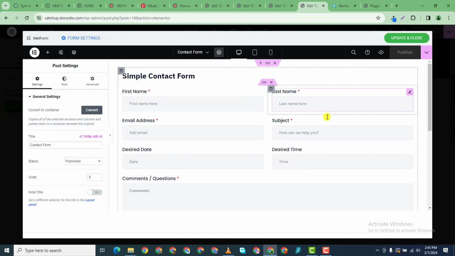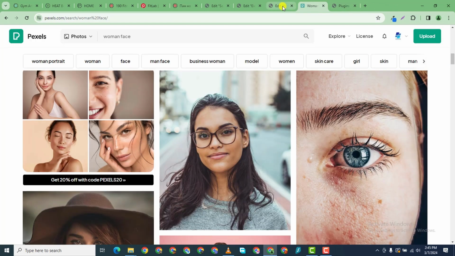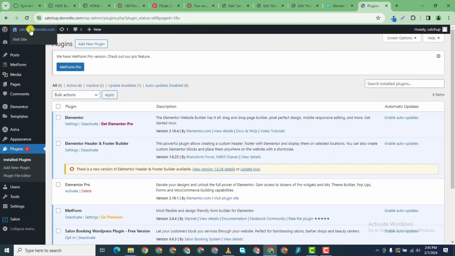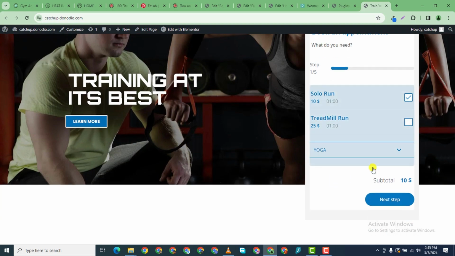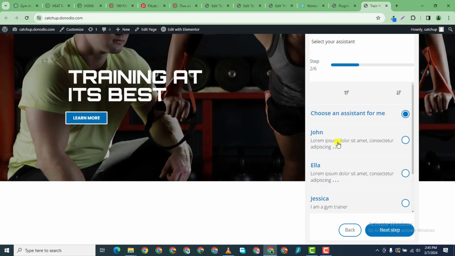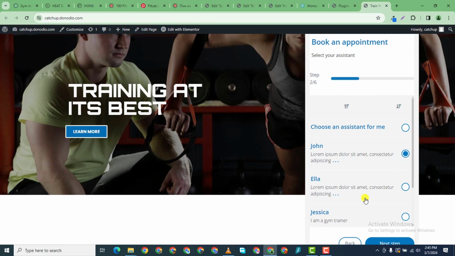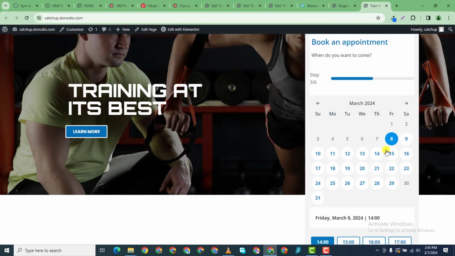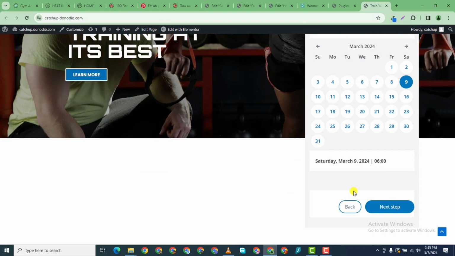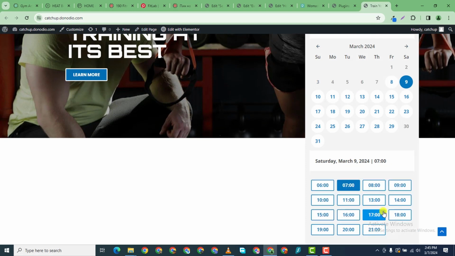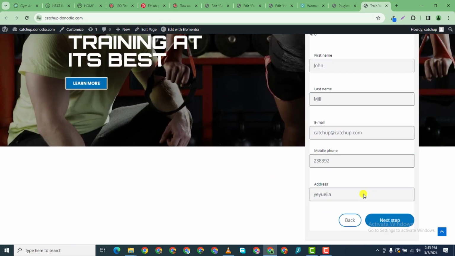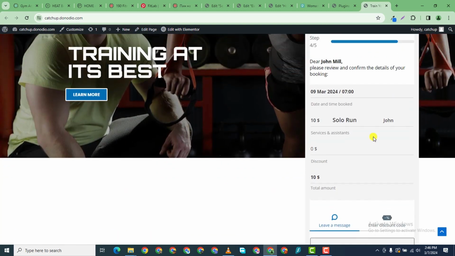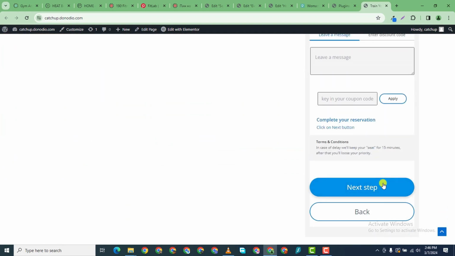So as you can see, the website is all good. Everything works perfectly. You can go ahead and test the functionality, and you can see John. You can choose John, and you choose your date, maybe tomorrow. That should be the day after tomorrow. Choose 7 a.m., next step, and then you fill in all your information here. Next step, and then you can just go ahead